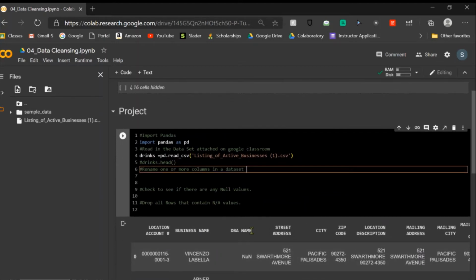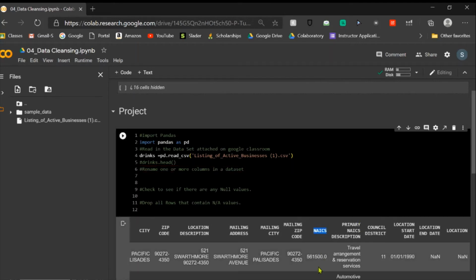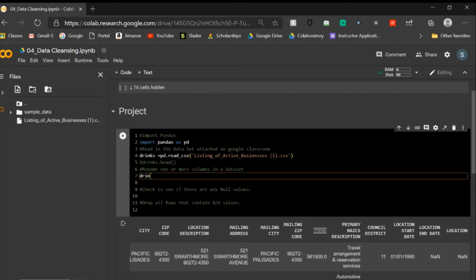Now the next thing you want to do is rename one or more columns in the data set. So we're going to look at which one we like. Nice. So we're going to go ahead and change that one. So we're going to do drinks.rename,